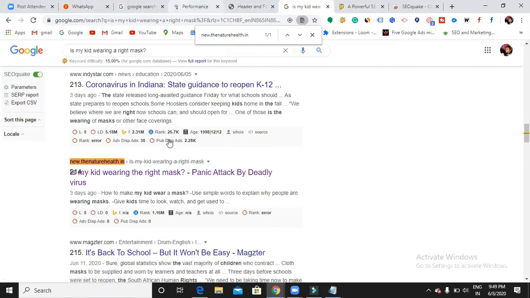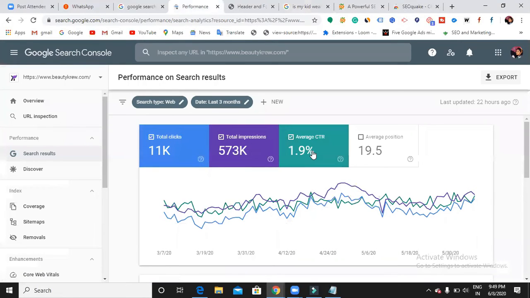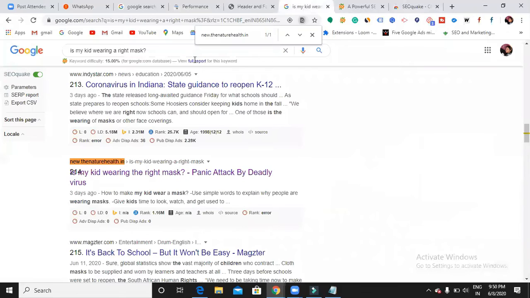So now here it is showing me how many clicks I received and how many impressions I received, and it is showing me the CTR as well. CTR means click-through rate. That means after your website appears, what percentage of people click it. Here her website has appeared for this keyword, but no one has clicked. That means her CTR is very low.